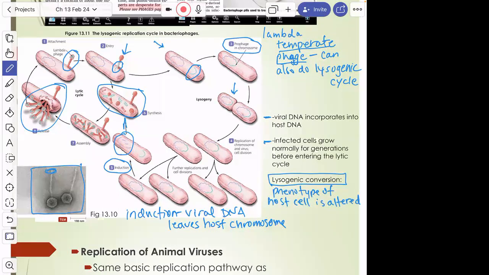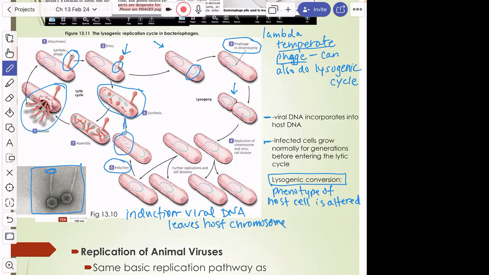So what do I mean by phenotype? For you and me, it's observable characteristics. For bacteria, a phenotype could be, well, can it use this nutrient or can't it? The instances where we know where this has happened is that we know that some bacteria